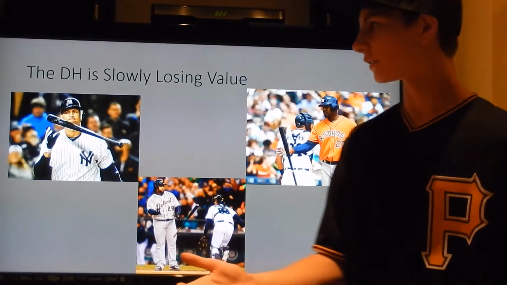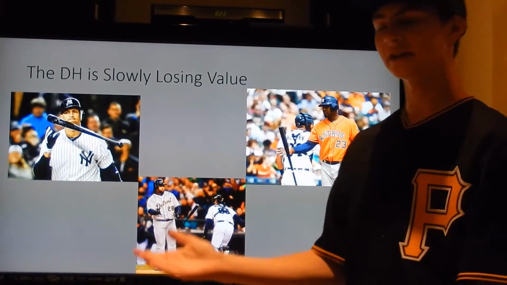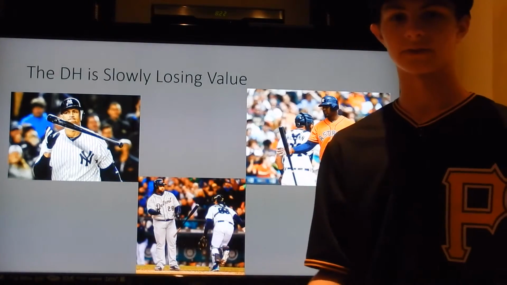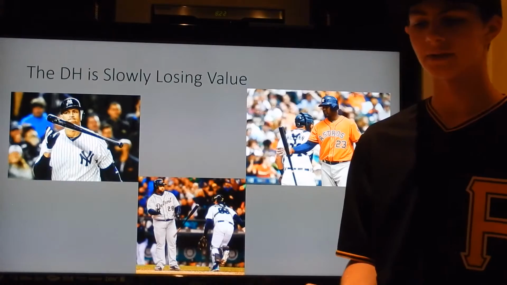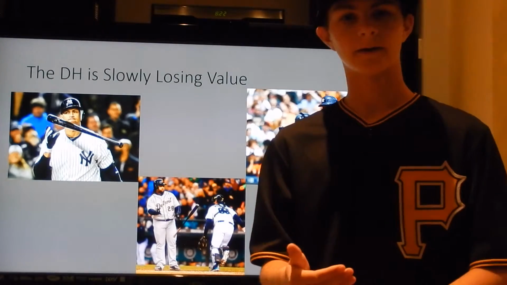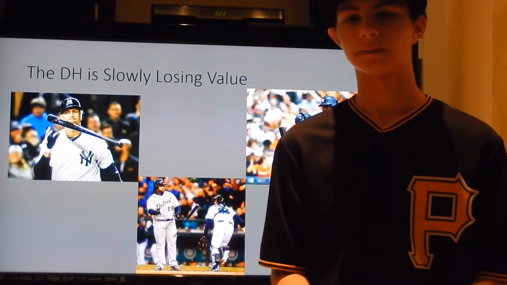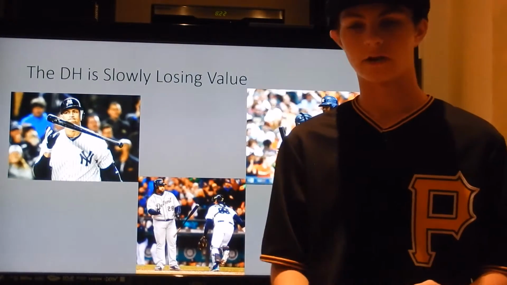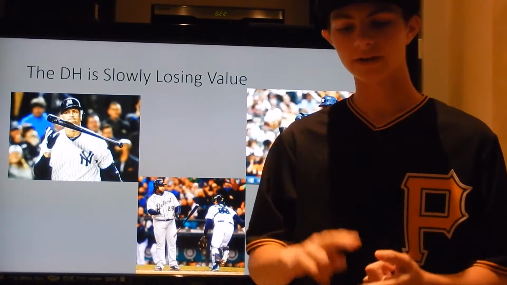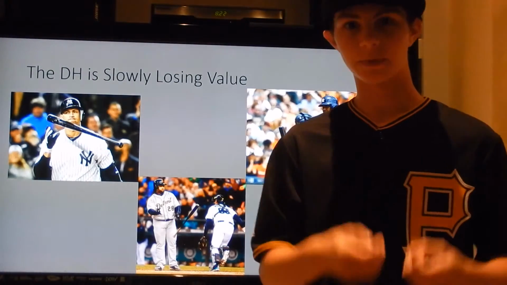But you can see the role of the DH is just to hit home runs, which I don't think is necessarily what you want to do for a DH. When you have the pitcher integrated into hitting, you find that there's a lot more mind games in baseball. You find that you're thinking a lot more. The manager has to think about what he's going to do when the pitcher's coming up.